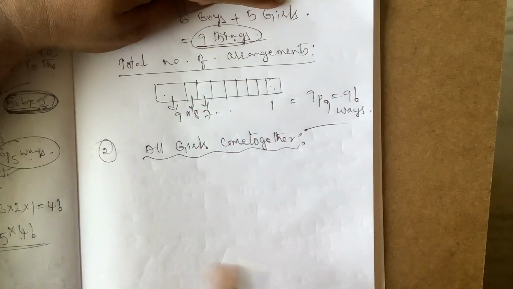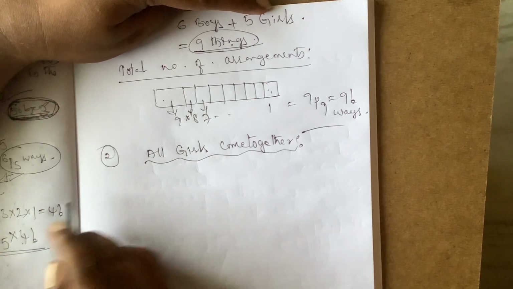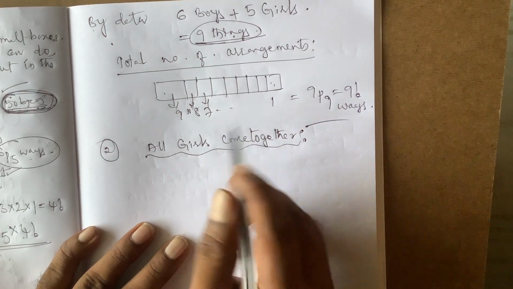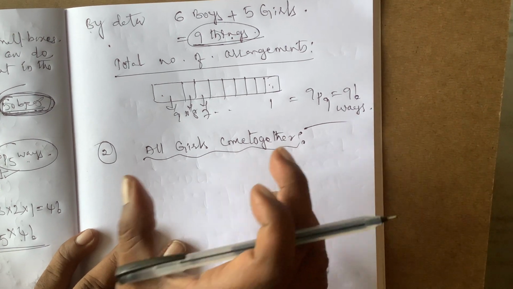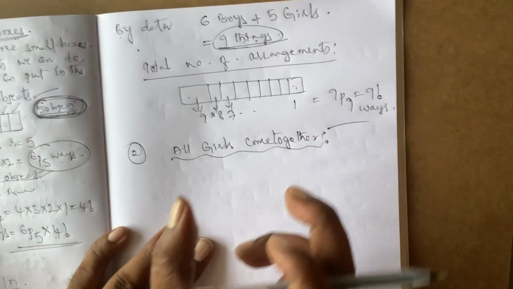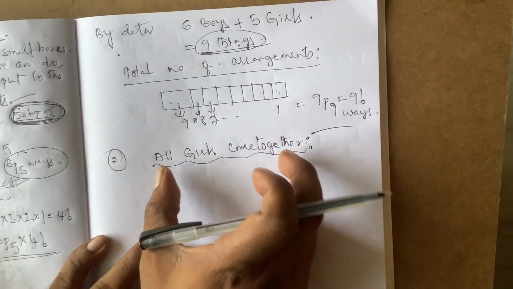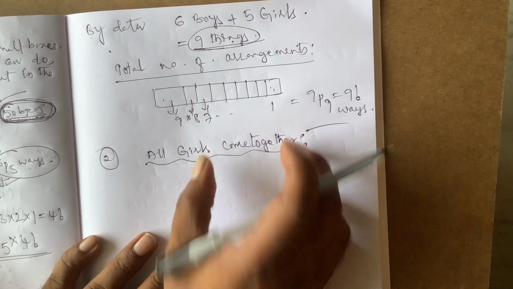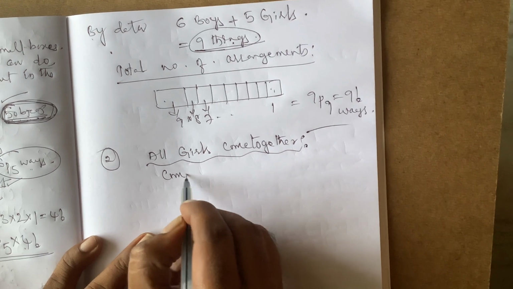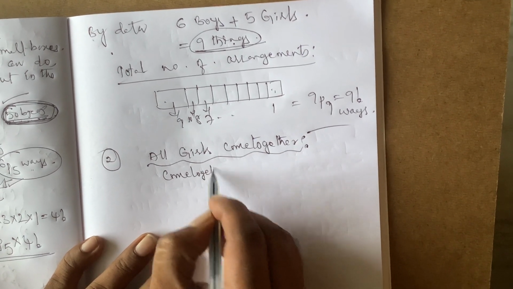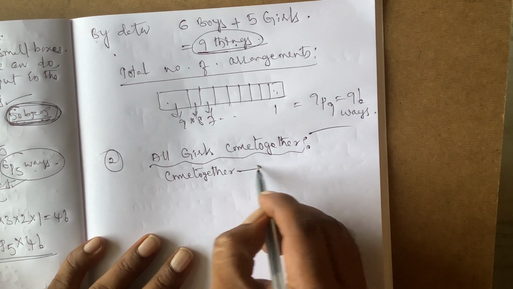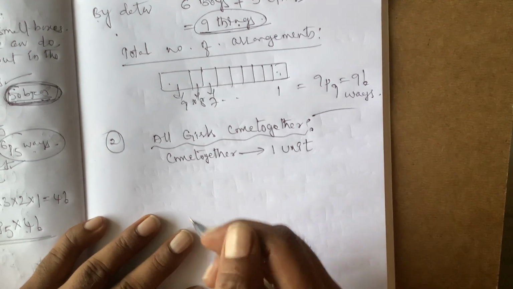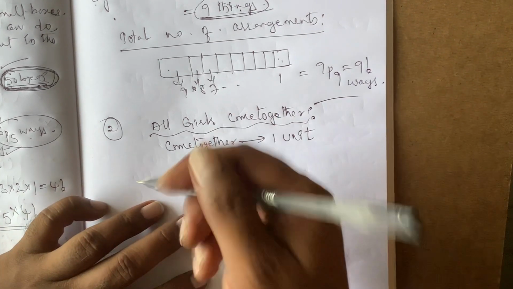All girls come together means, okay, listen. Not only all girls come together, if any things come together in any bit. If you observe that phrase, all the things come together, immediately those things that come together we can take as one unit, like bundling it. Take one thread and bundle them.